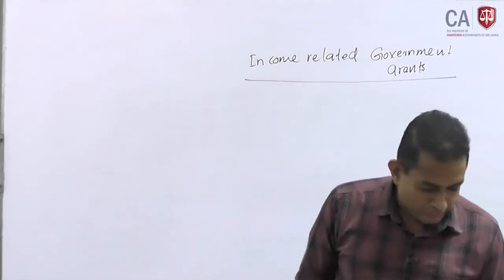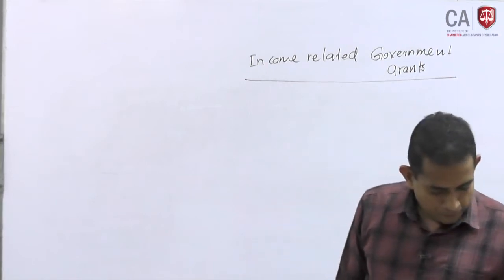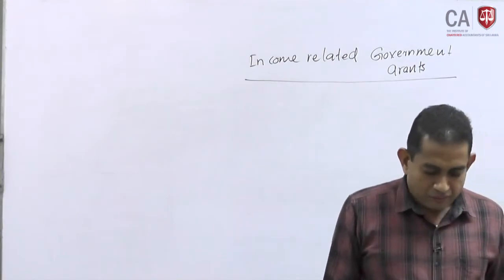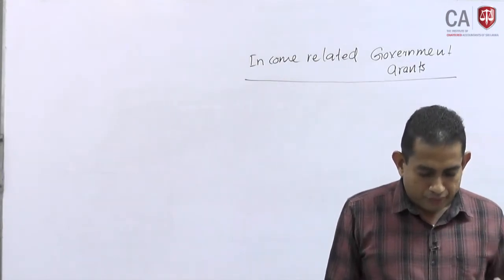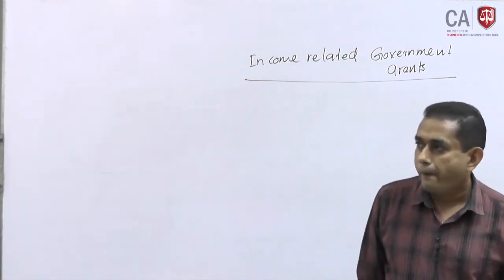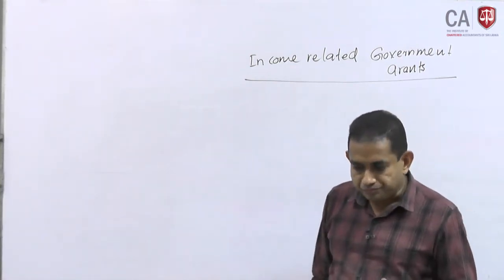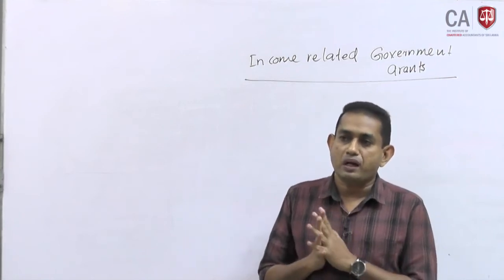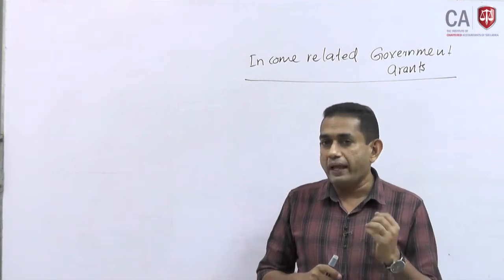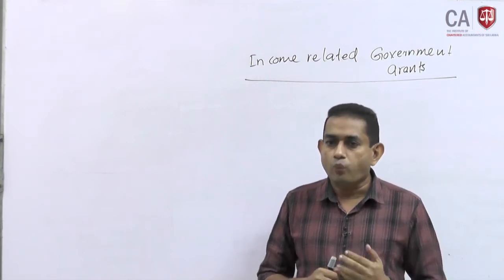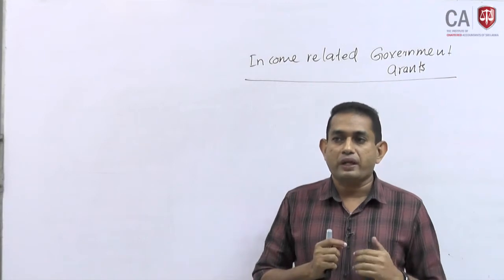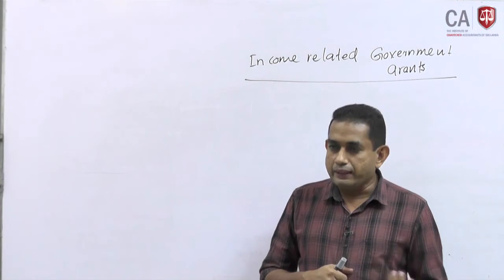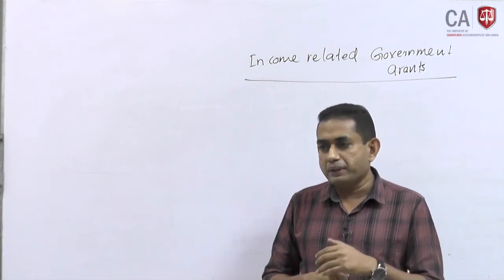Let us look at the definition again. Grants related to income are government grants other than those related to assets. It is a very simple definition, but for you to know what income related government grants are, you need to first know what asset related government grants are. Why? Any grant which is not asset related should be income related. So, it is like you being compensated